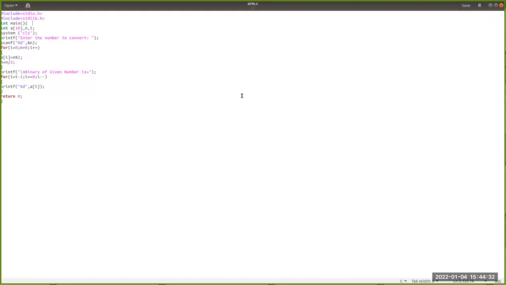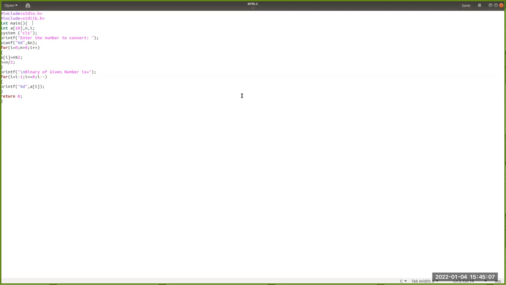Now the second part: we take the modulus of the number with 2 and put it into the array. Using a for loop, for each iteration, at each array index we have the modulus value of the number.